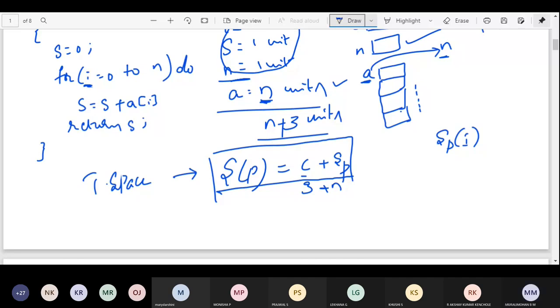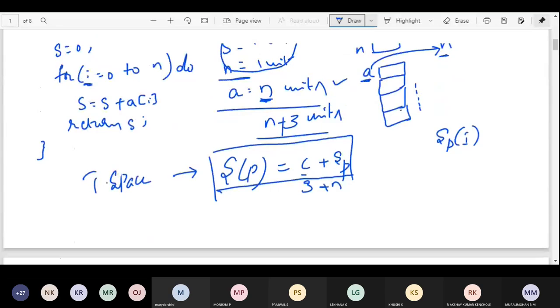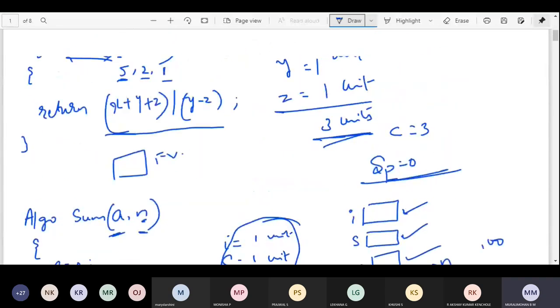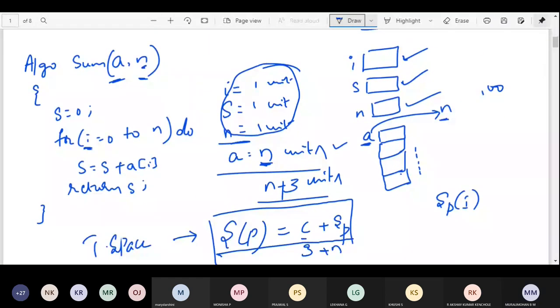Next, suppose you are having any recursion. How to calculate the total amount of space? In the previous example, a looping statement was there, whereas here it was a simple return statement.